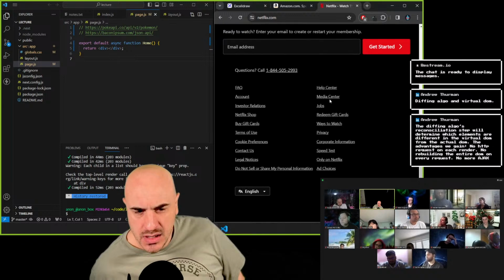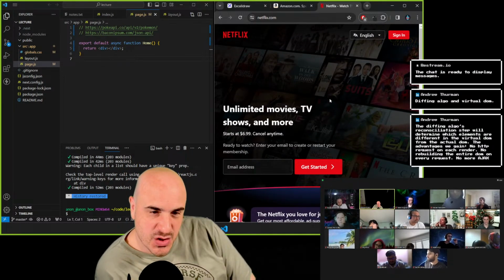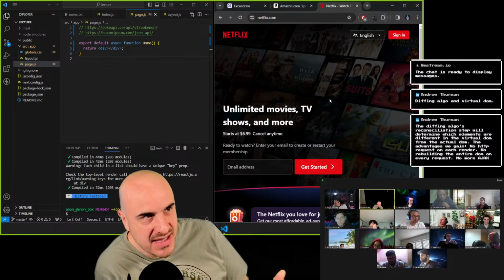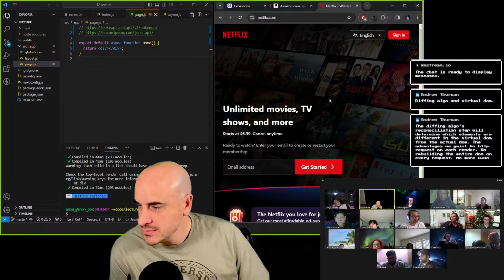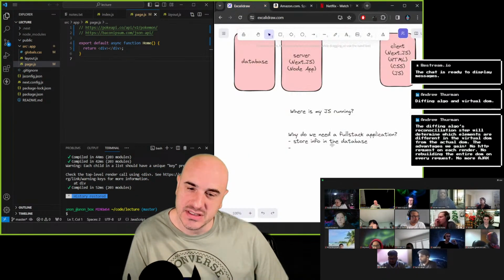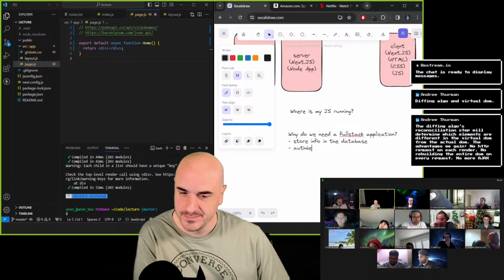But Netflix absolutely has a server. So what's another category of things that we need full stack applications for? The login? Yeah. The other major purpose of full stack applications is authentication,